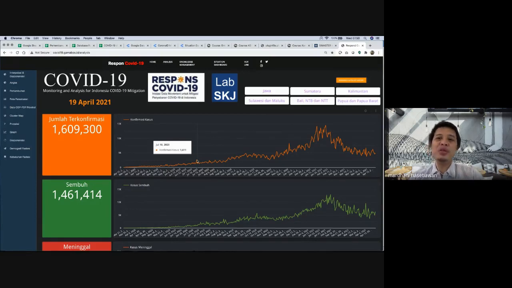Of course, we need to know the context of the COVID-19 case growth there. The trigger is always about an event that happened in the community, about 2 weeks before the 10th of July when we go back.